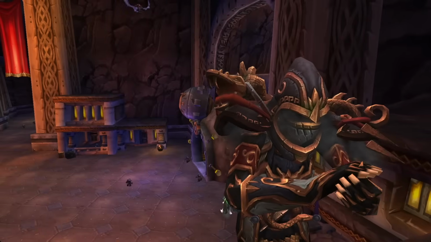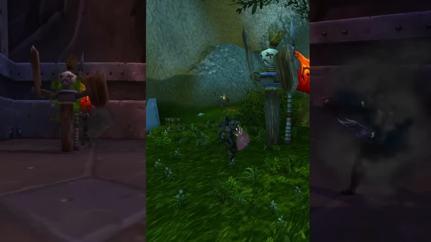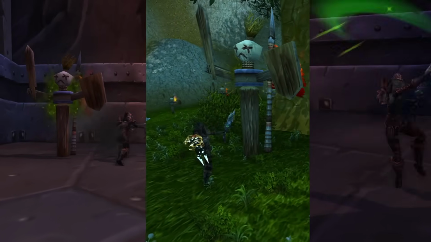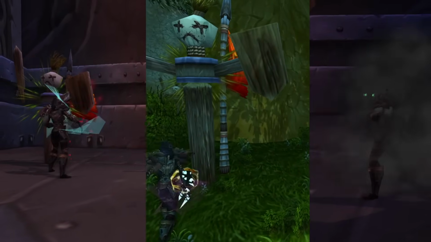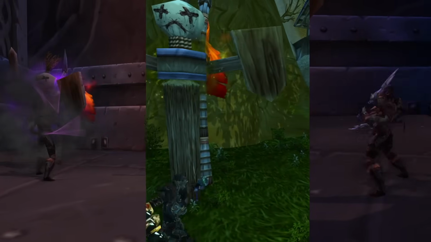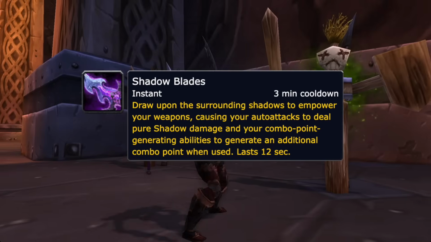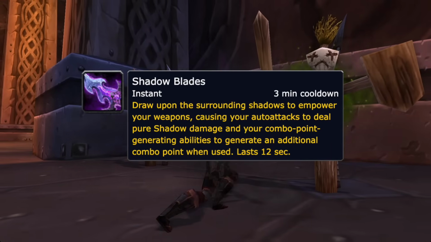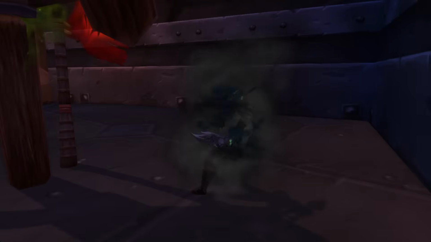However, if you'd prefer to be up close and personal, then the Assassination Rogue is as simple in Mists of Pandaria as it is right now in Cataclysm. All 3 rogue specs are viable, so if you do want to venture outside of Assassination and want a little bit more of a challenge by playing something like Subtlety, you absolutely can. But with the addition of a 3-minute cooldown being Shadow Blades, which all specs of rogues get, which basically just turns your auto attacks from doing physical damage into shadow damage,